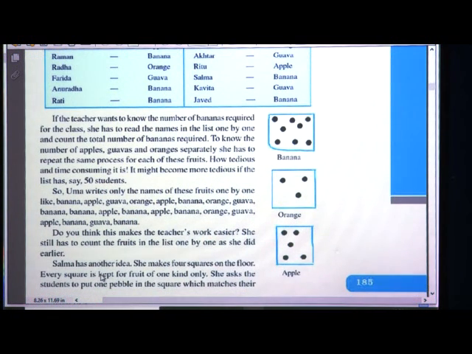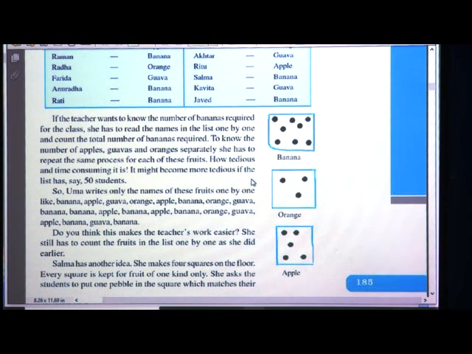And then Salma suggested one idea wherein 4 squares are made on the names of fruits: banana, orange, apple and guava, and pebbles are put in the squares to count the number of students who like banana, orange, apples or guava. So, what do you think among these, which is the easiest method to find it? Yes students, it is right.